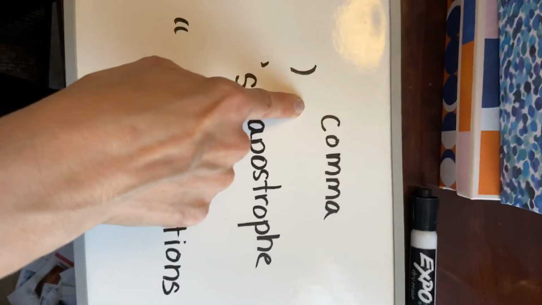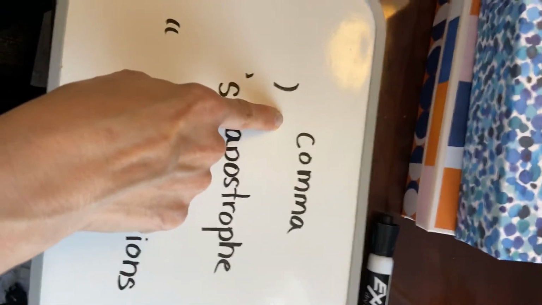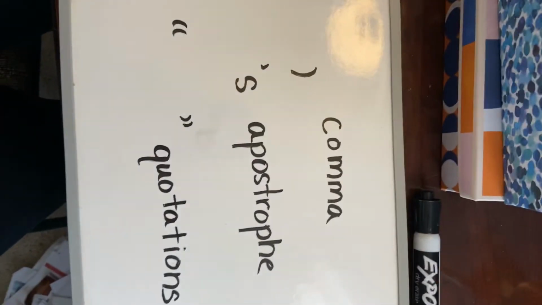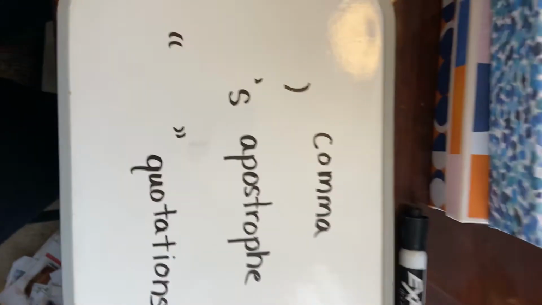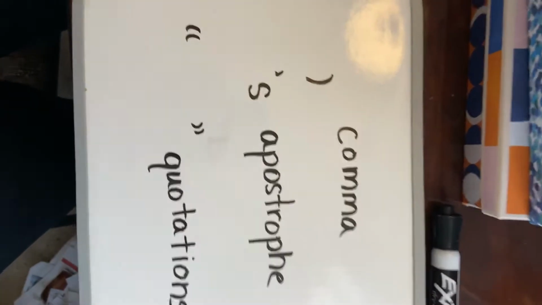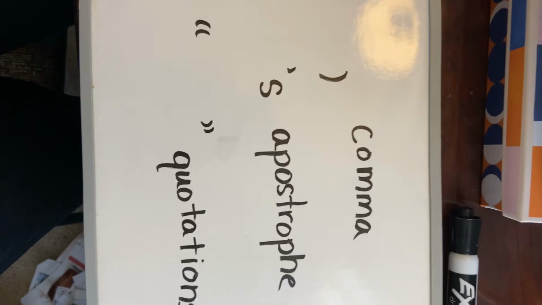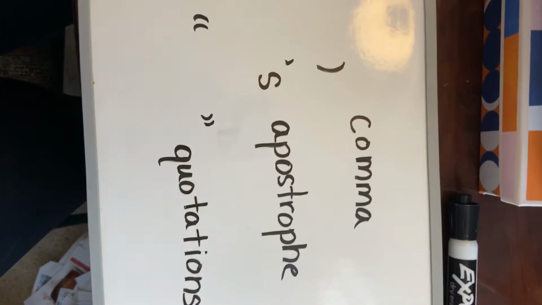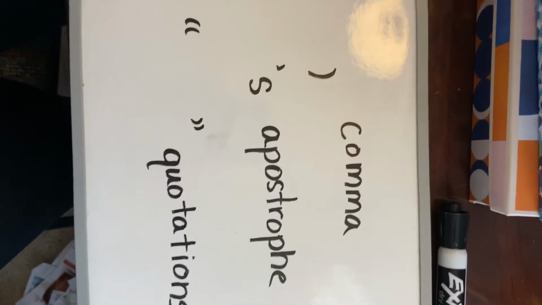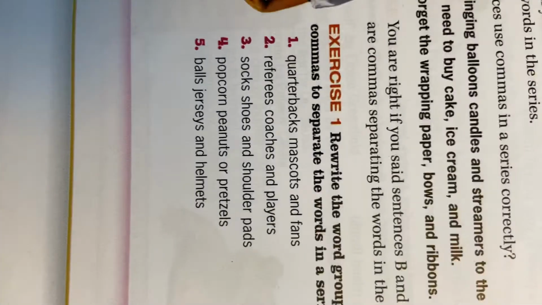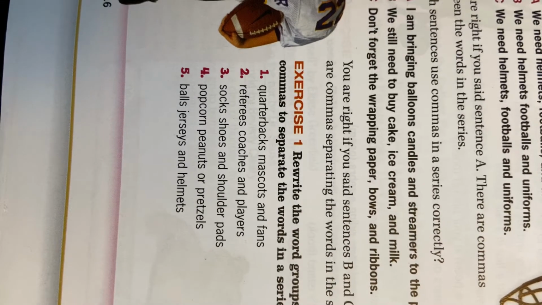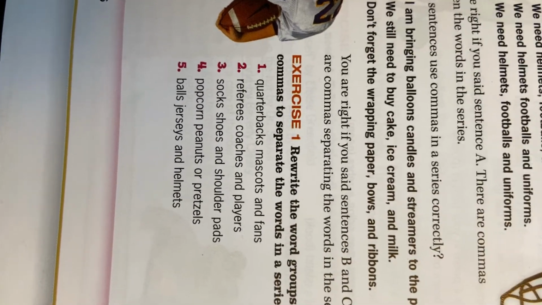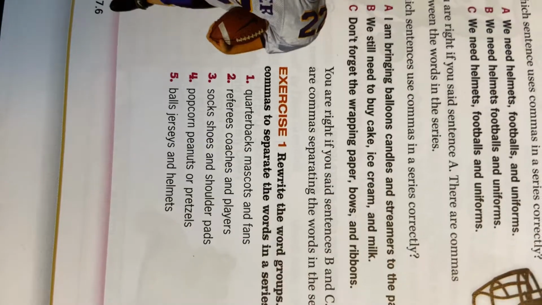We have used them before, so they should seem pretty familiar, but now I'm officially teaching you how to use them. We've used them in compound sentences. We're going to use them again in series. So your exercises today, exercise 1, 2, and 3, you've got to figure out where to put the commas. So if you look at some of these sentences, well, the exercise 1 is just word groups. It's very jumbled up. If you don't have a comma, you don't know what is what.